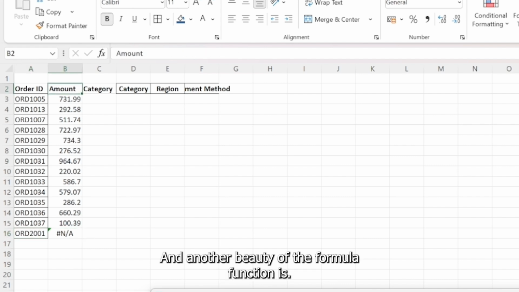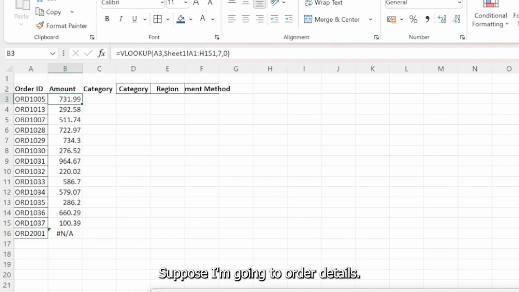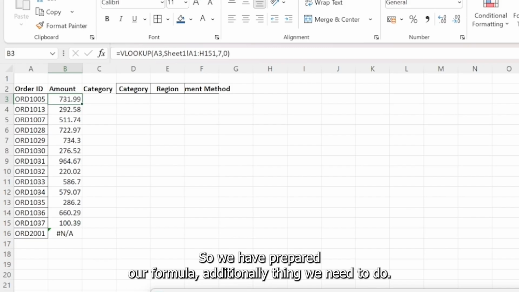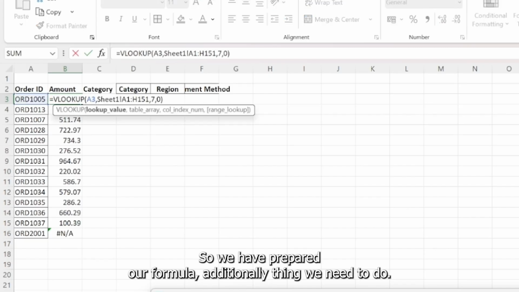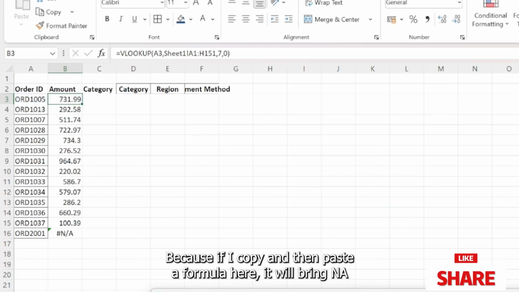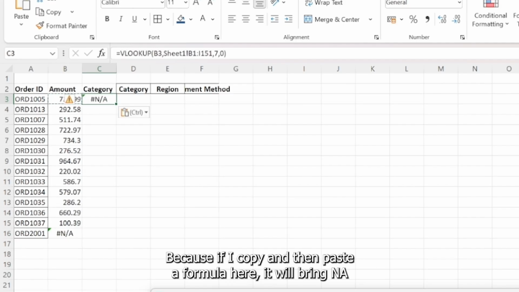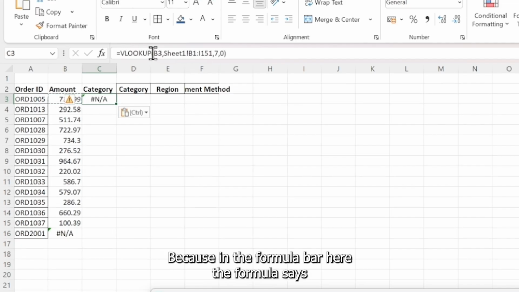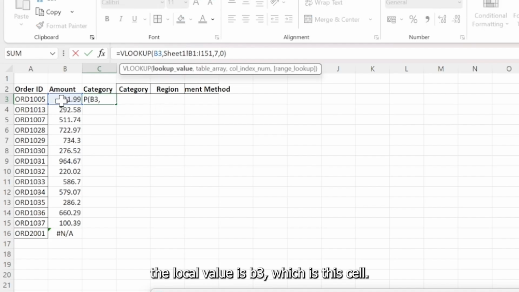And another beauty of the formula function is, suppose we need all these details, then we have prepared a formula. An additional thing we need to do in our formula is freeze cells. I'll tell you why we need it: if I copy and paste our formula here, it will bring NA. Because in the formula bar our formula says the lookup value is B3, which is this cell, but this is not correct.